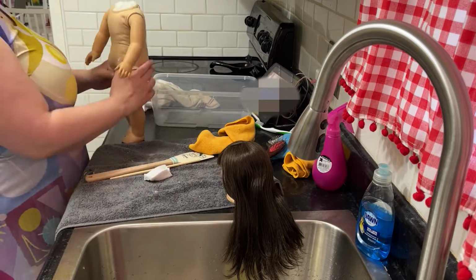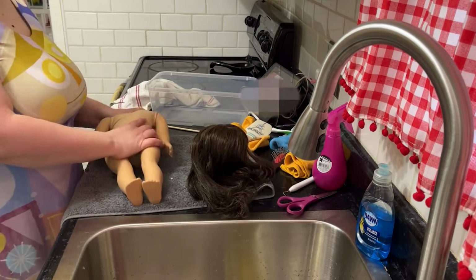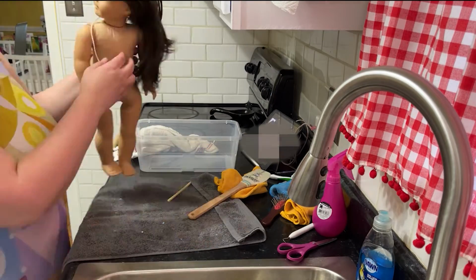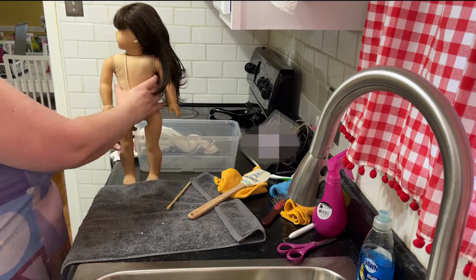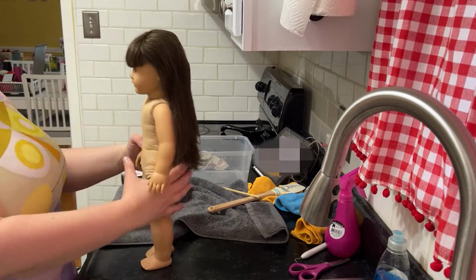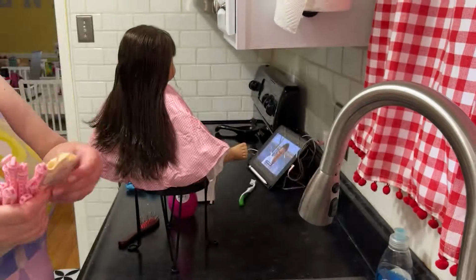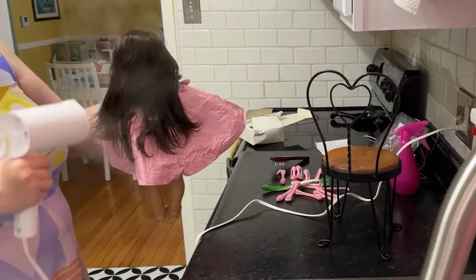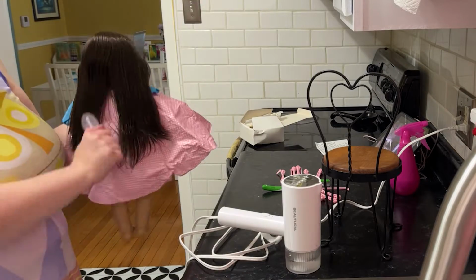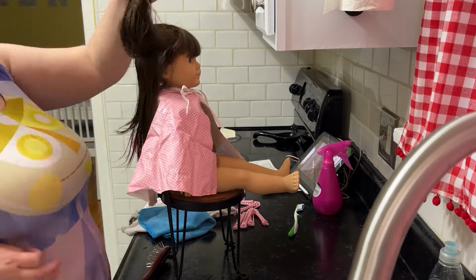Just making sure I get everything together, all the stuffing exactly where I want it to be as best as I can. And then I'm going to put her head back on, make sure her neck is really tight, and we're going to start working on her hair. I have this Pleasant Company doll care kit from the 90s that I use, and I've got this little cape and these curlers and then the curling paper. Give her a good steam, just relax the hair a little bit more and give her a good brushing. And then we're going to section off her hair so that the top is separate a little bit